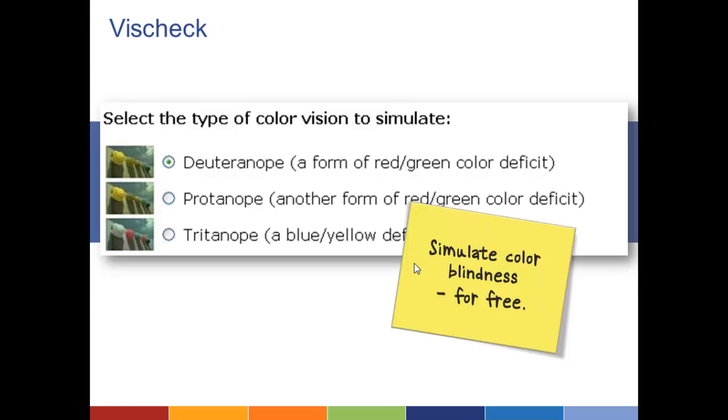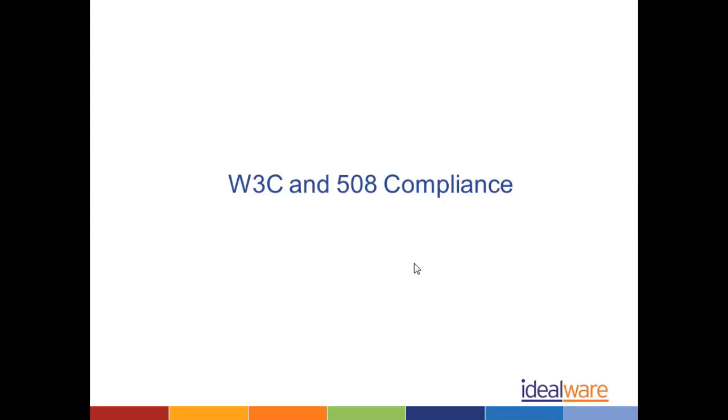Here's a different one. Liz and Brian had highlighted colorfilter.wikline.org as a possible way to look at how your site is impacted, or how it looks for the colorblind. VizCheck is another one. They sound very similar. It will simulate the different kinds of colorblindness, and you can see your site through that filter. So those are some of the top line resources that we've seen used to test